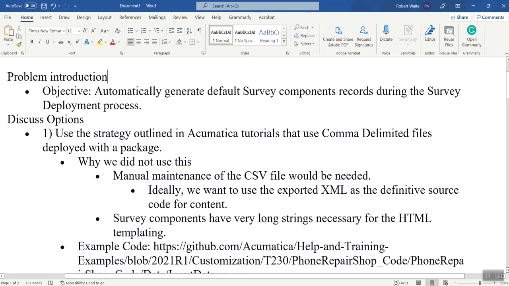So the problem that we're going to solve is for our surveys project, Acumatica Surveys, which is a community project that we've been doing over the last couple years. And well, it started during the pandemic, and we're going into some new phases of it, and we have some records that we want to initialize once the